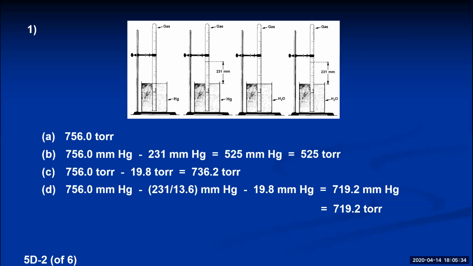Question number 2. Acetylene gas and calcium hydroxide are produced when solid calcium carbide reacts with water. From a sample containing calcium carbide, 2.18 liters of acetylene gas are collected over water in a eudiometer. The water level inside the eudiometer is 87.5 millimeters higher than on the outside. The water temperature is 21.5 degrees Celsius. The atmospheric pressure is 758.7 torr, and the water vapor pressure at 21.5 degrees Celsius is 19.2 torr.